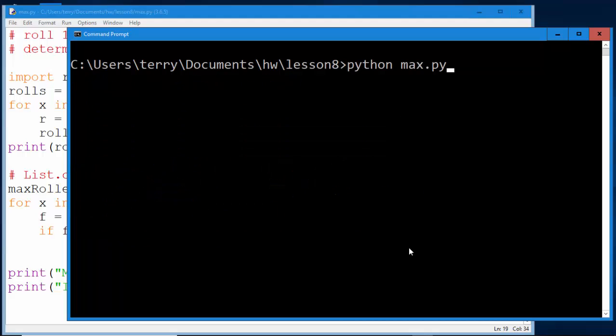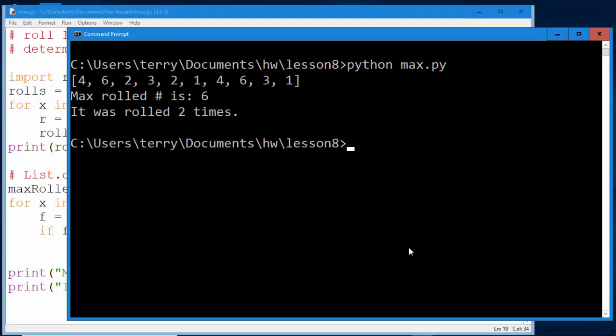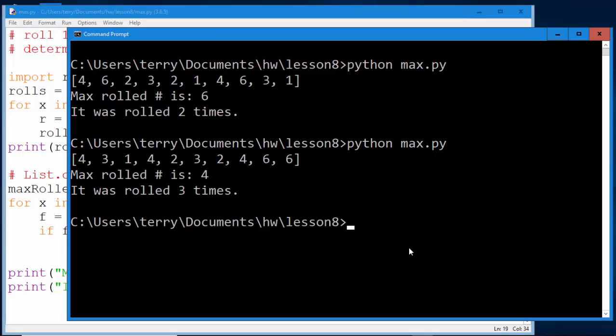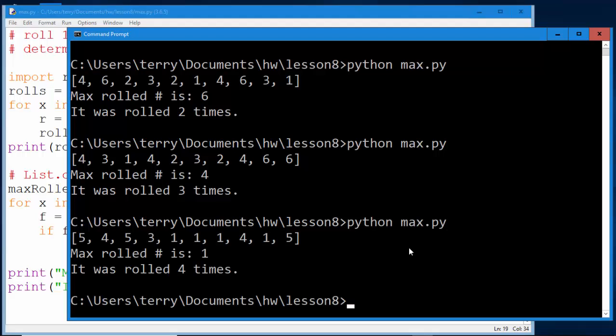Let's clear the screen and run this again, and we get the max rolled is 6, and it was rolled 2 times. So let's do this a few times till we get some data that seems right. Now, 6 was rolled 2 times, but it looks like 3 was rolled 2 times as well, and 1 was rolled, and 4 was rolled 2 times. So it's doing what we want and what we expect. It's just really not as precise. It's just capturing the largest number that was rolled the appropriate number of times. So if you go through this data and you look at it, it's partially right,